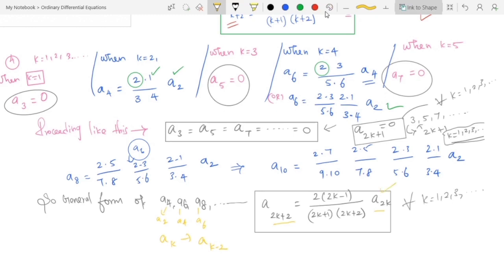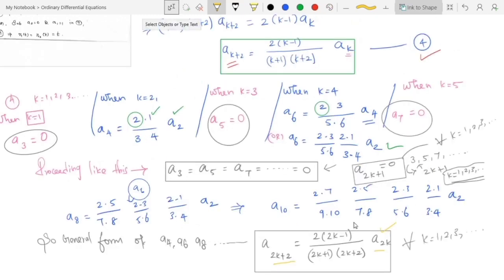Now we have to write the answer a2k in terms of a2k minus 2. Then again a2k minus 2 in terms of a2k minus 2 minus 2, that is a2k minus 4, and so on. Equation 4 is made to derive all those things. Now we have to write the answer for a2k from equation 4. But here we are having a suffix k plus 2. So instead of k plus 2, we need 2k.